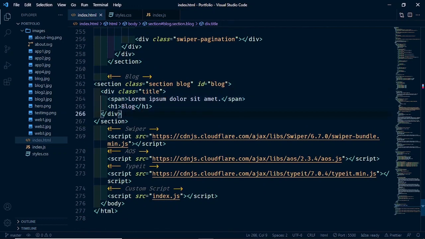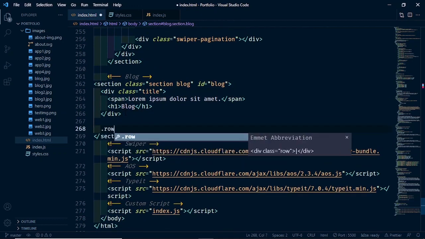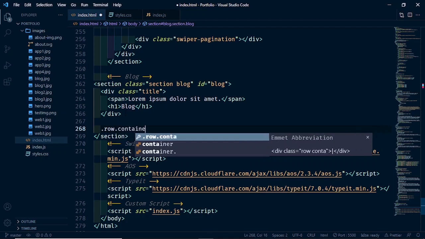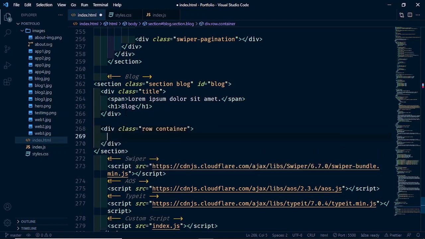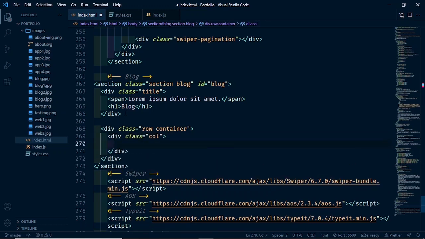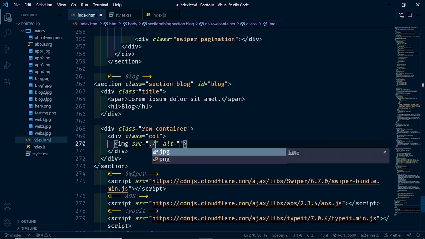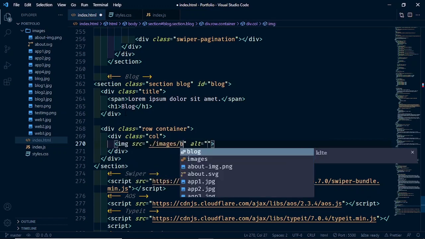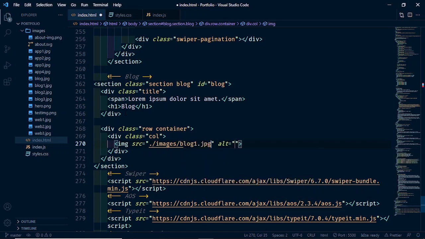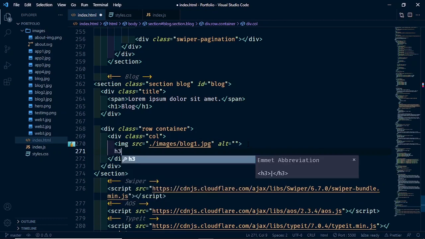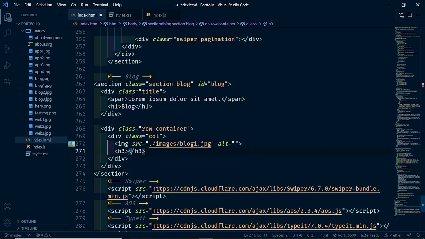Underneath the title, let's start with a row class. And it should have a secondary class of container. Within this, let's have col. And within the col, let's have image. Within our image, let's select blog 1. And below the image, let's have H3 with a text,